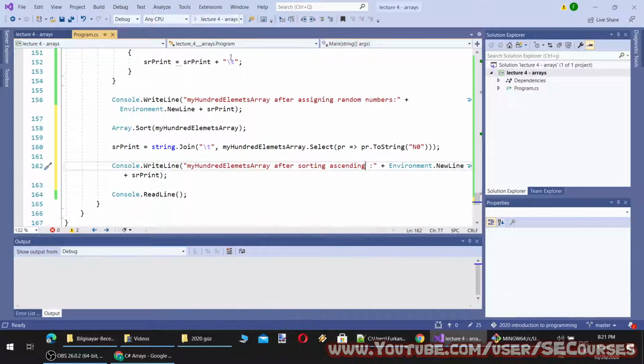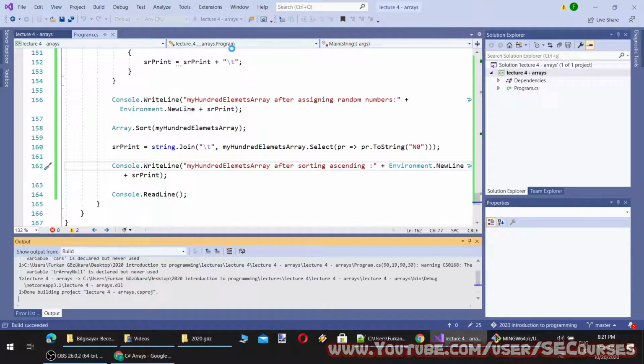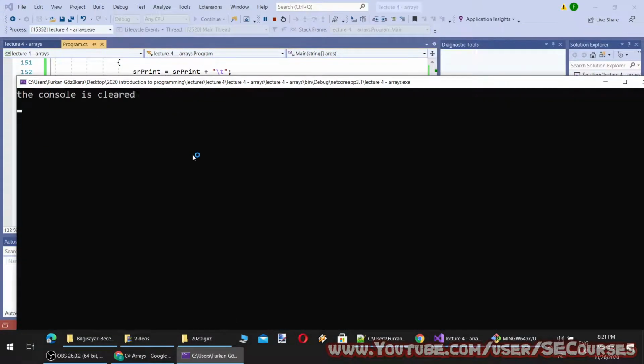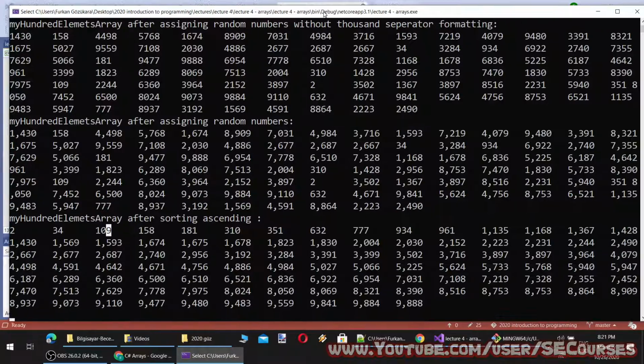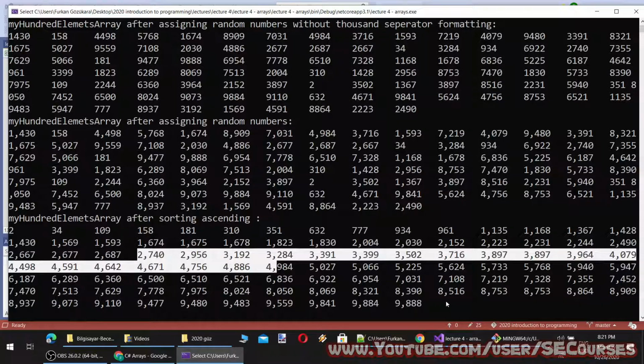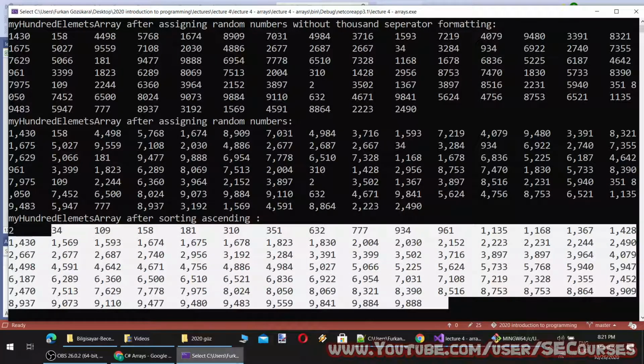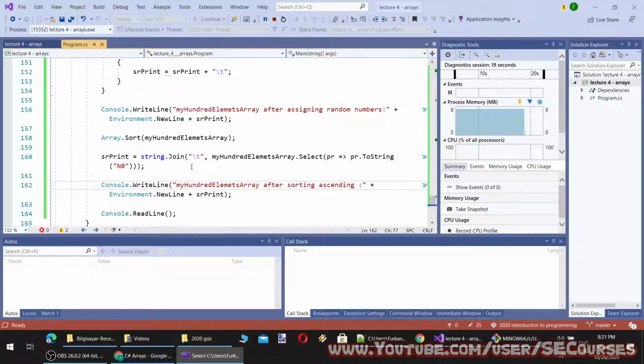And let's see how they are looking after the sorting. Okay, let's check it out. So you see 234, 109, and then it goes increasing. You see they are already formatted like previously, and I have formatted them in a single line with the LINQ query addition.